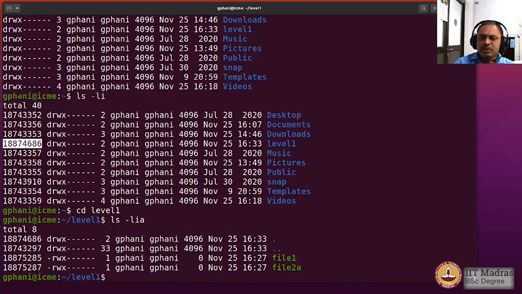Now you see that the dot, which is the current directory, has the same inode number as level 1 here. The location for the directory level 1 has the inode number which is highlighted here, and also here, and it has 2 entries in the file system: one for the directory called level 1 which is in the home directory, and then another directory called dot which is under level 1.